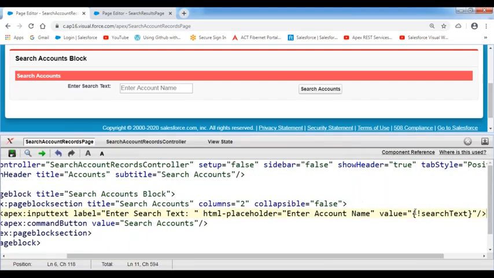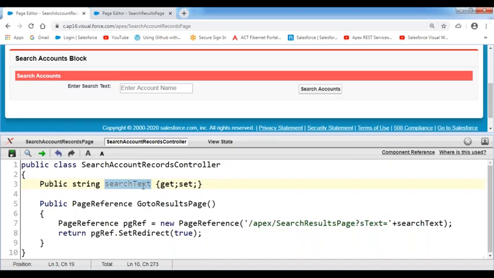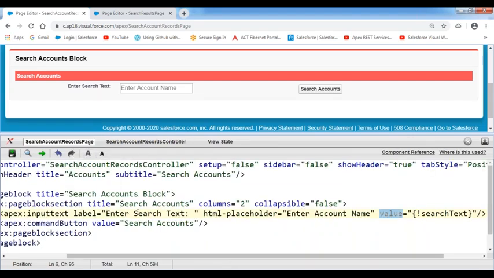Such a text. Okay. That means whatever value the user has entered inside my text box, I want to store this value inside a search text variable, so that I'm mapping the connection between these two. Here I'm mapping the link between these two by using a property called the value property. That means inside this input text, whatever input value you have entered, please store this value inside a variable called the search text variable. Now, after that,